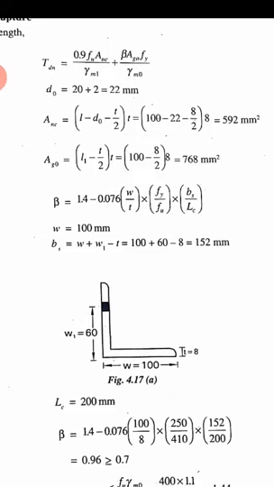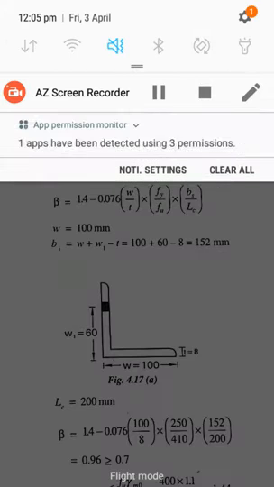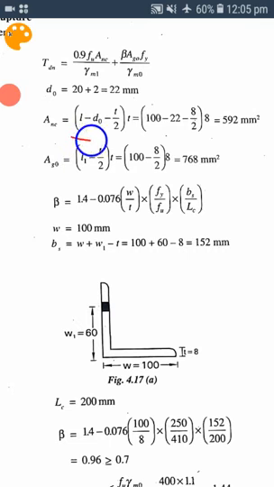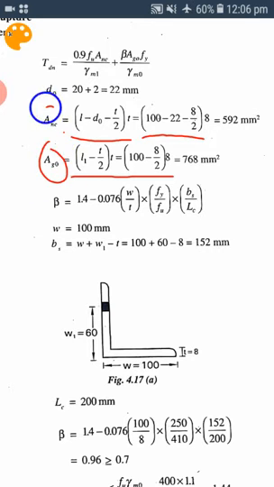The formula given here is this formula. I already explained how it comes in my previous lecture. Please go through that. Then calculate the net connected leg area. Then also calculate the gross outstanding leg area. Once you get ANC and AGO,